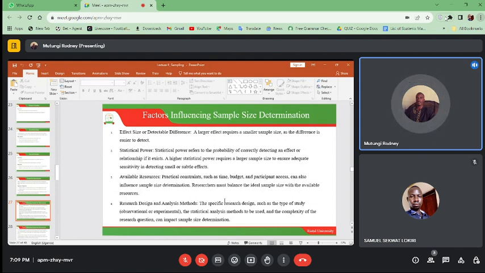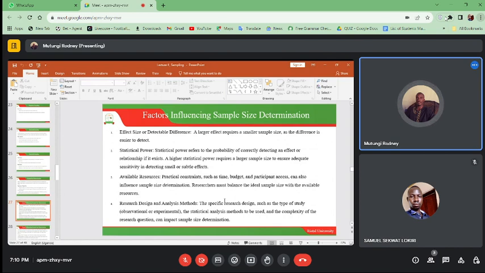And this can be very relevant, especially if you're doing evaluation studies. Okay, so if there has been a large effect in terms of improving nutrition status, then you do not require a larger sample to know that. You can have a smaller sample size